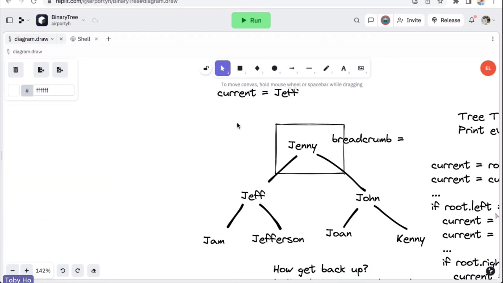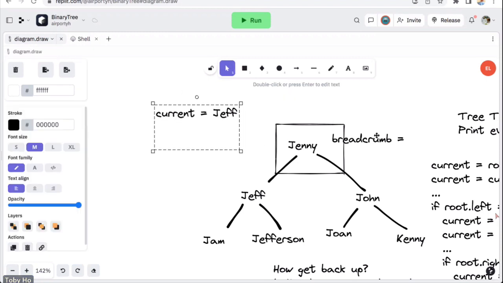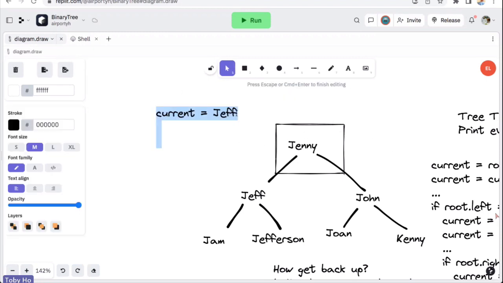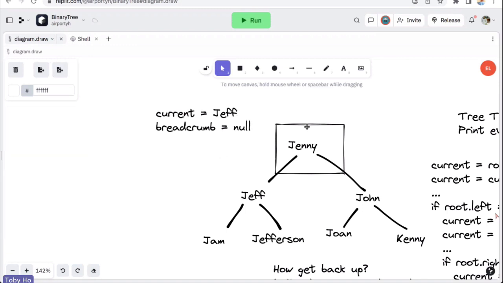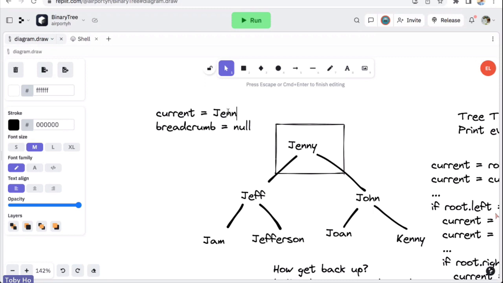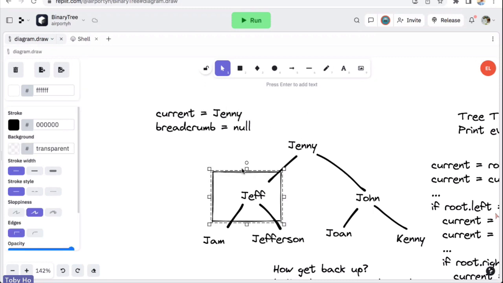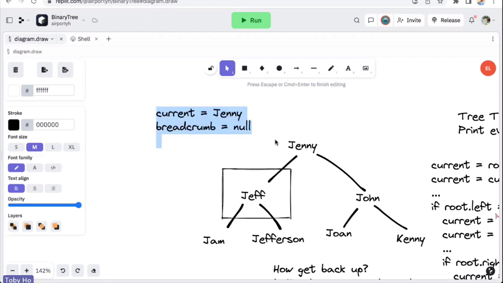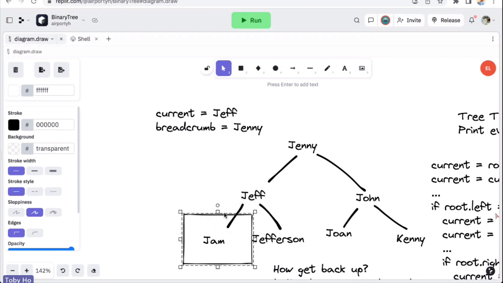Breadcrumb initially is null, and initially current is Jenny, and we want to move down the tree to Jeff. Basically we're going to put Jenny in the breadcrumb, and then set current to Jeff, and then the key is when we move down to Jam,